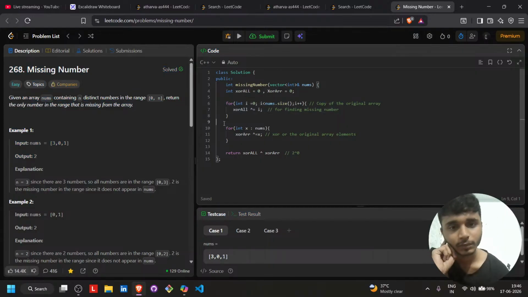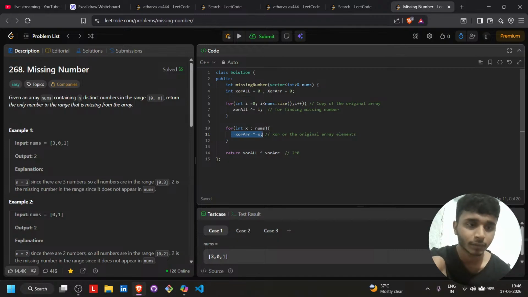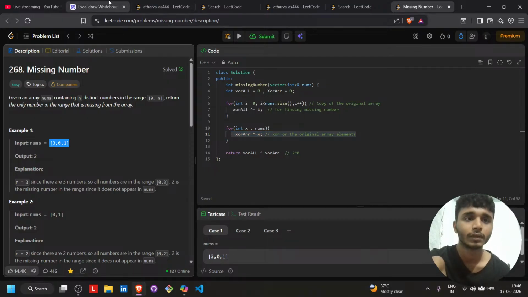We take XOR of the array, so the array is also 2, 0. It is taking XOR of 0 with all the indexes of the array, that is 0, 1 and 2. So the result of it will be,